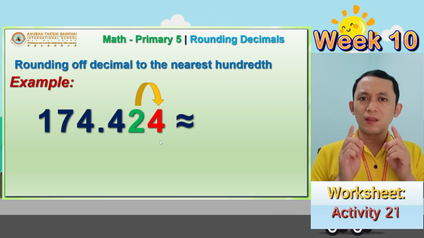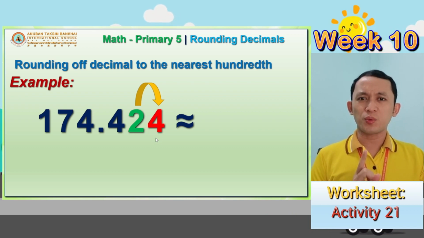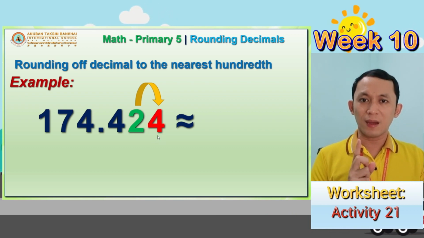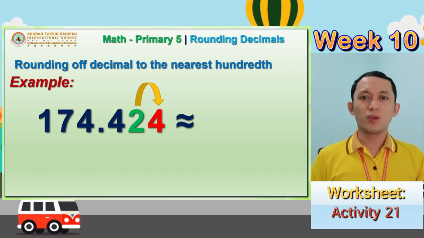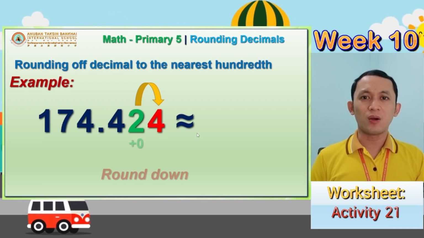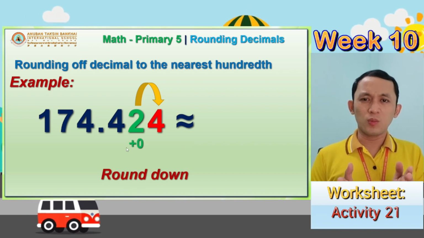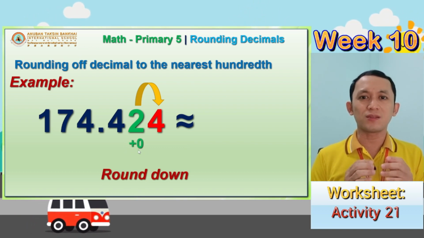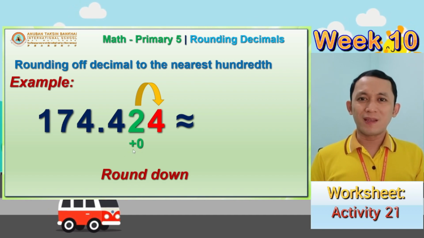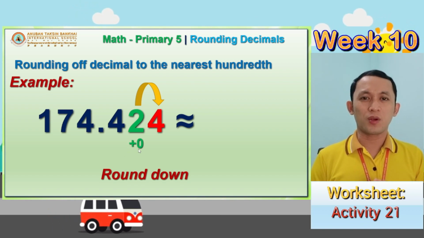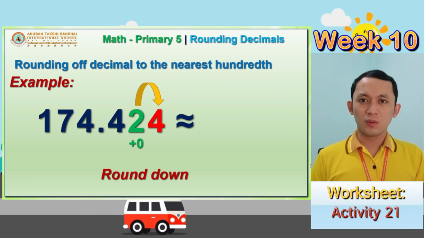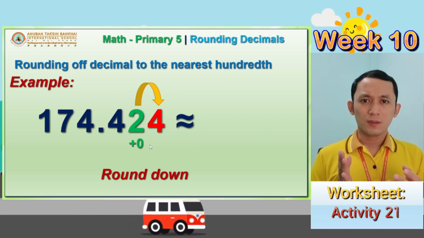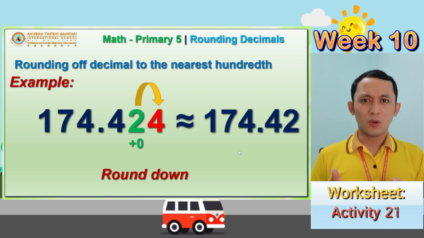So when we say number 4, again, is that round up or round down? We are going to, of course, round down our number. Again, when we say round down, we're just going to add 0. So basically there are no changes if we're going to round down. If we add 0 to 2, that will be the same. So our answer will be